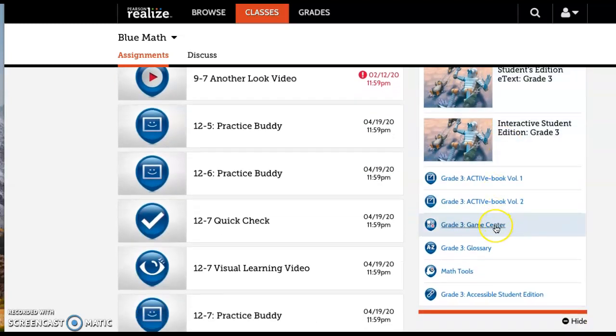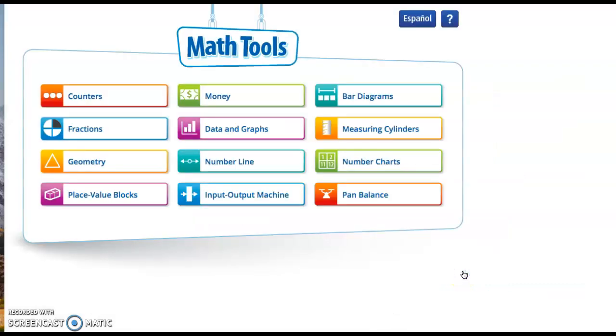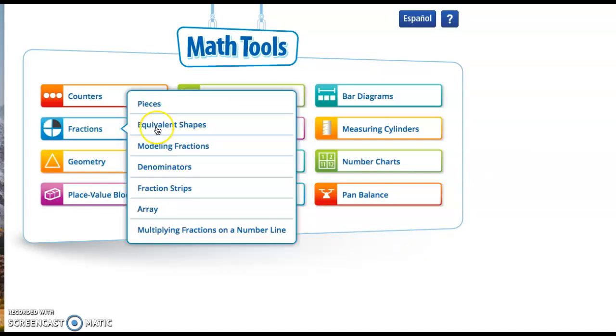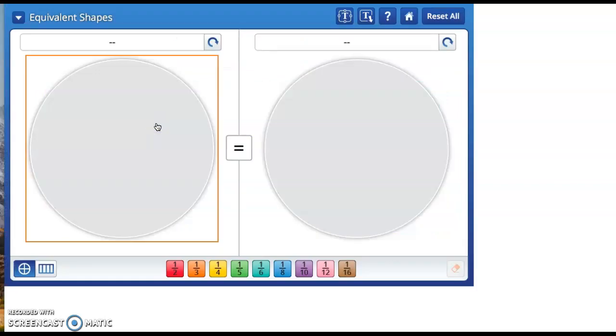You have Game Center, which a lot of you are used to playing. You could go here and see if you can find some fraction games. But what I also want you to do is go to Math Tools, select Math Tools, and then the tools pop up. And I would like you to go to Fractions today, Equivalent Fractions, and practice using this tool and